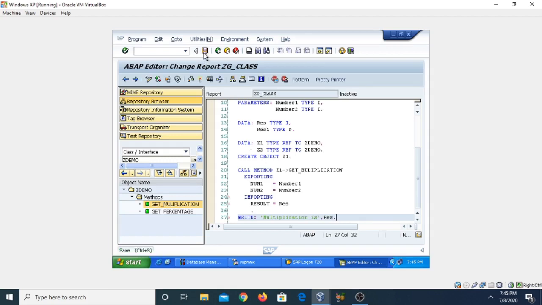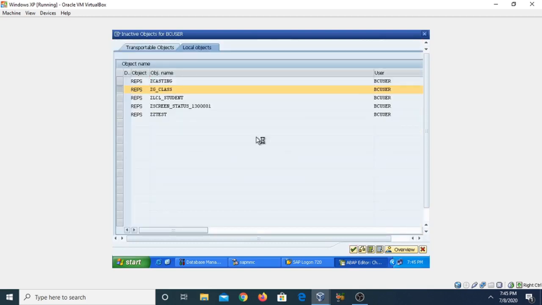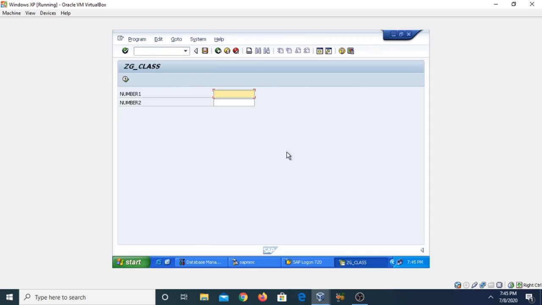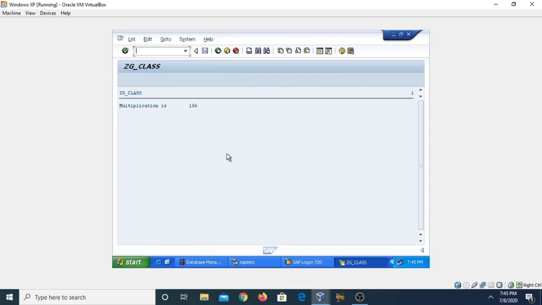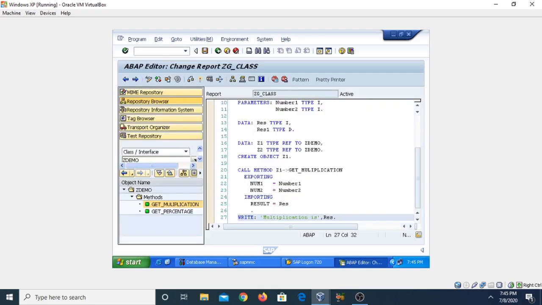Now click on the save button, check for the errors, activate, and then execute it. Suppose I am assigning the number 1 and number 2, and then execute. It will display multiplication is 156. In this way you can also call the methods of a global class in the program.